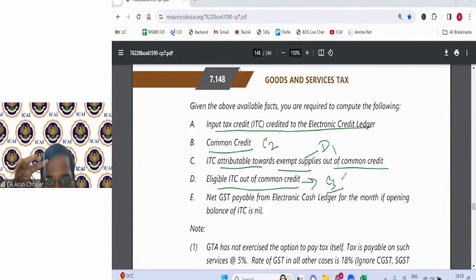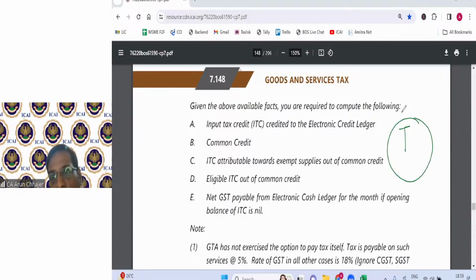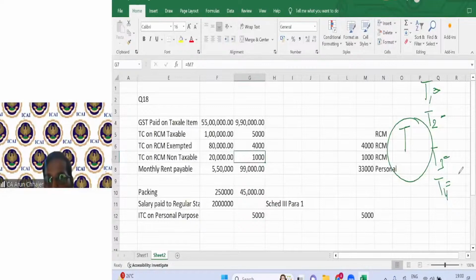So we need to go to the rule 42. And rule 42 talking about, first they are talking about the calculate the total credit, out of which we will give the name T1, T2, T3, T4. एक बार क्विकली बताना, T1 का मतलब क्या था, T2 का मतलब क्या था, T3 का मतलब क्या था, T4 का मतलब क्या था? प्लीज टेल मी what is the T1, what is the T2. I'm just talking about the nomenclature. अभी ये क्वेश्चन कंप्लीट हो जाएगा तो आपको मुझे एक्सेल शीट में सभी के सामने नाम लिखना है कि इसमें कौन सा T1 है, T2 है और T3 है। बट पहले आप बताइए कि इनका मतलब क्या होता है, T का, T1 का, T2 का, T3 का, T4।